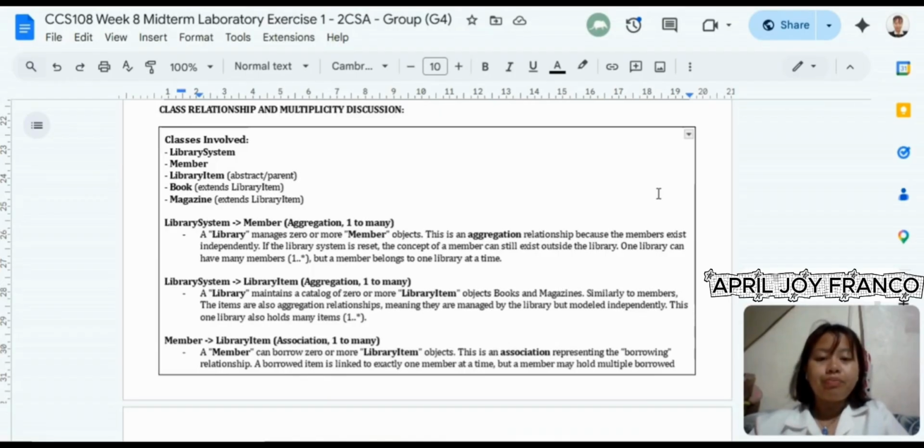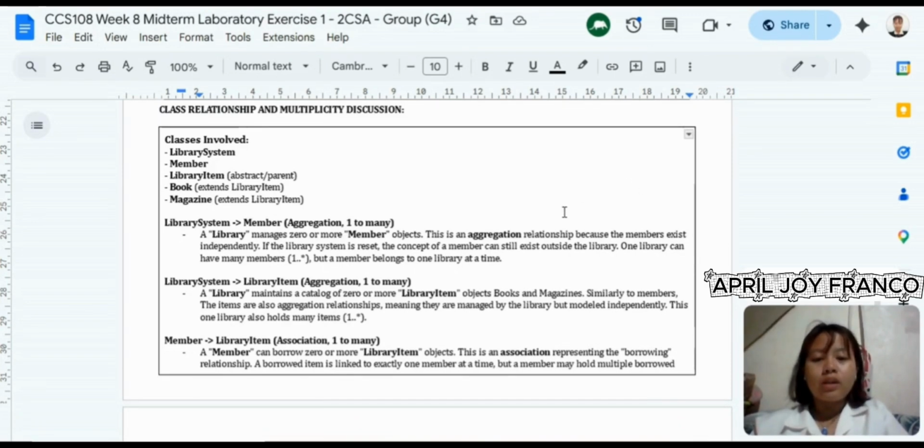So the multiplicity is 1 to 0 or many. We say it is an aggregation because member objects are created independently in main.java and are simply added to or removed from the library system through the add member and remove member methods.